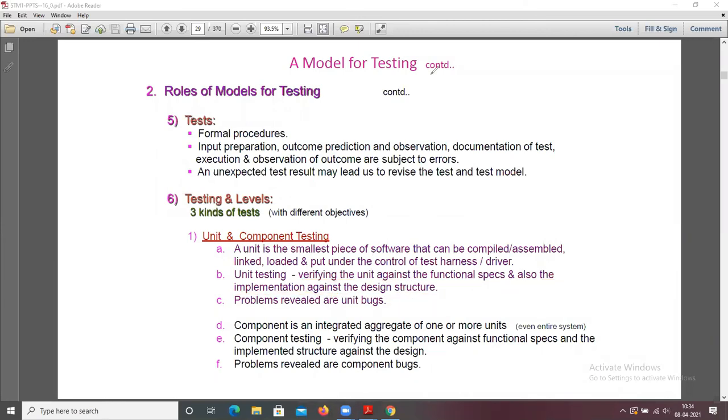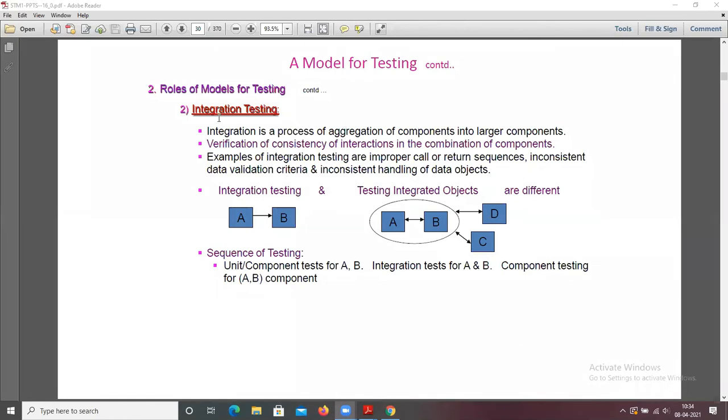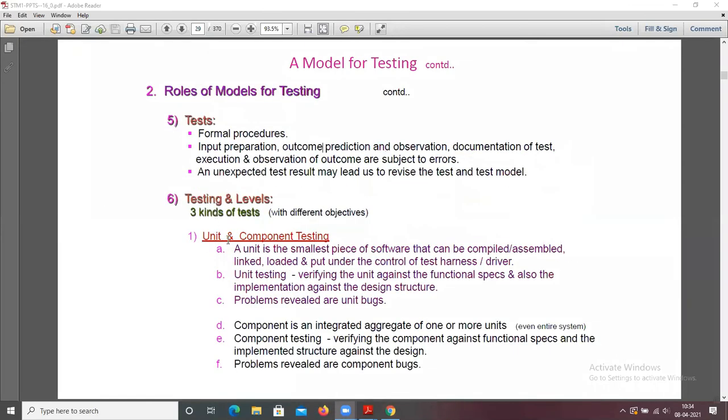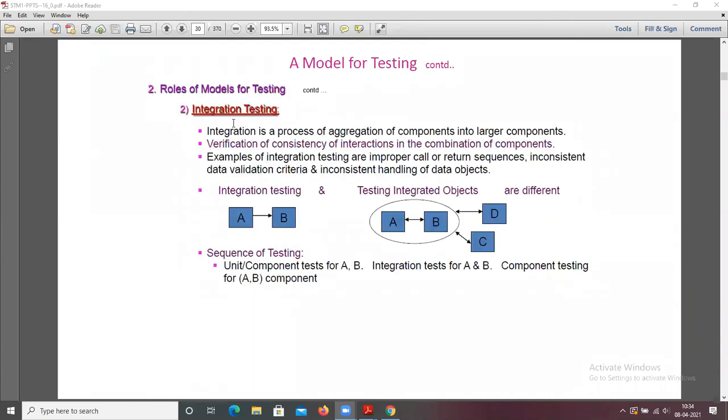So next one is integration testing. A unit is nothing but a small piece of software. Integration is nothing but aggregation of all these small components. So integration is a process of aggregation of components into larger components.